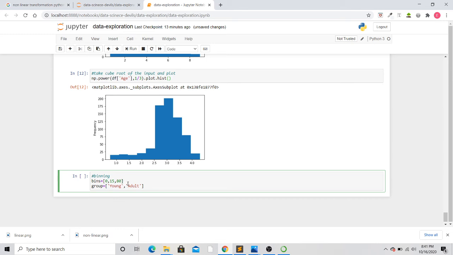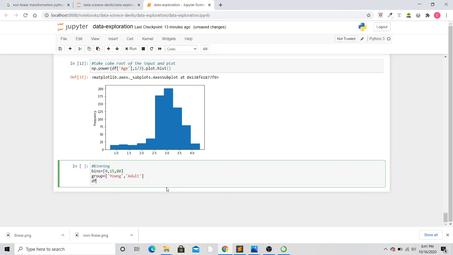Now the third step is to apply all these bins and groups that we have made to our dataset. For that, I will write here df['type'], as we are changing the type of the variable from continuous to categorical. So you have to use the df type attribute here. So pd.cut, this method we will use, then df and then the column name whose variable type you are changing.